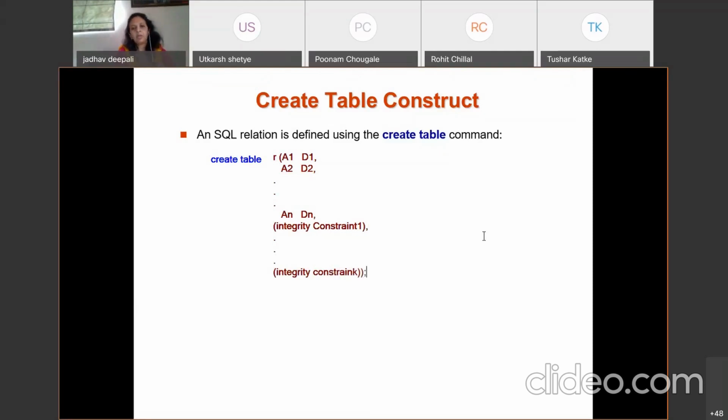And the semicolon is important to indicate the end of the query.